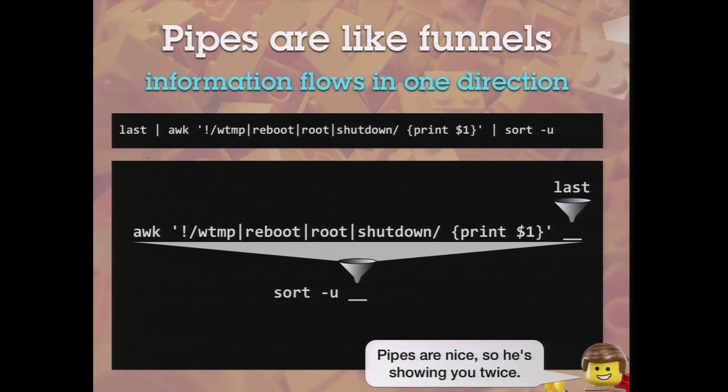So you're segmenting it using the single quotes, the awk. You're keeping it separate because you've got pipes inside that awk argument. This is actually a regex thing. The pipes there say, first of all, the exclamation point says match anything that is not inside there. So don't match WTMP or reboot or root or shutdown. I just want usernames. So inside those single quotes, there's a logical or. Right.